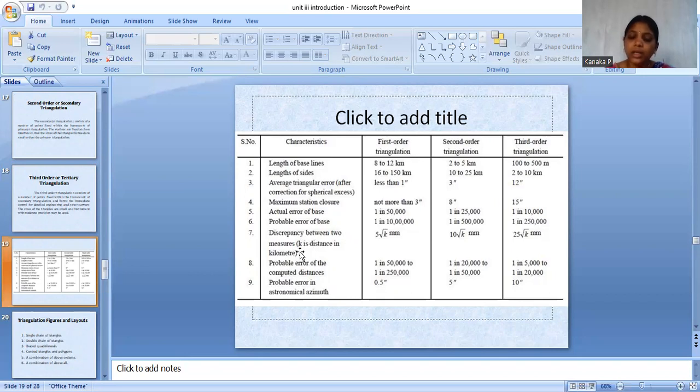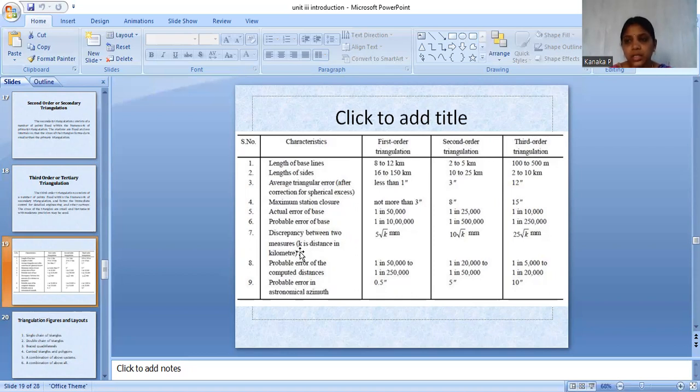And criteria for selection of the triangulation system. So what are the criteria for selecting a triangulation system? First one is the stations selected should form well-conditioned triangles with the adjacent stations. It should be equilateral as possible, and in any case no angle of the triangles should be less than 30 degree and more than